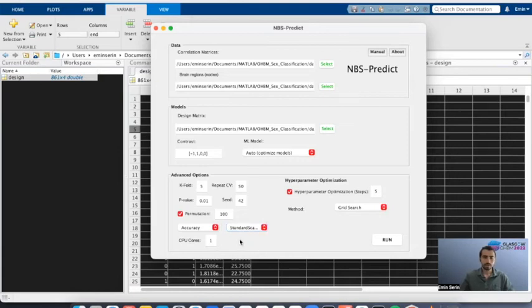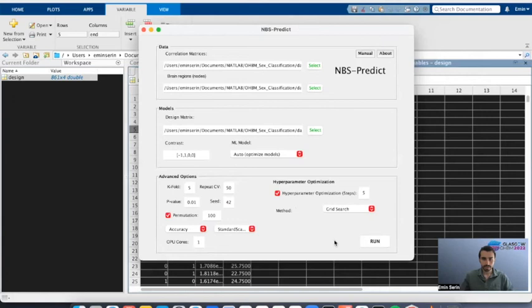Okay, there are also additional parameters we can set, like the performance metrics, as you can see here, the seed number for the random generator, or the number of CPU cores to utilize for your analysis. So we set all the parameters, I guess, and we can run the analysis.